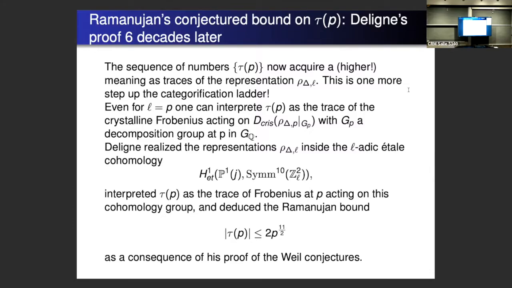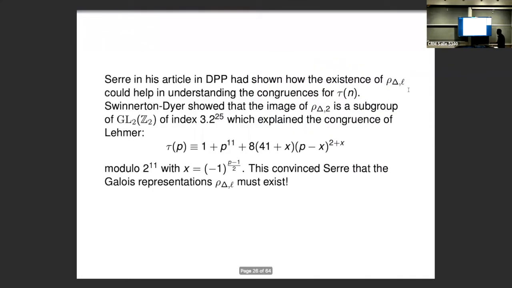Yeah, so it should be k minus 1. In general, the weight k forms will require Sym^(k-2) of Z_l of the two-dimensional vector space of the lattice. Again, there was maybe some work of Kuga and Shimura or something. But it was in the air, but okay, Serre conjectured it, and it was rapidly proven by Deligne in terms of at least the existence of these Galois representations. It took another 5 years for Deligne to prove the Weil conjectures, and hence deduce that tau p satisfied these bounds. Okay, and so Serre conjectured that these tau p's had this interpretation in terms of trace of Frobenius,